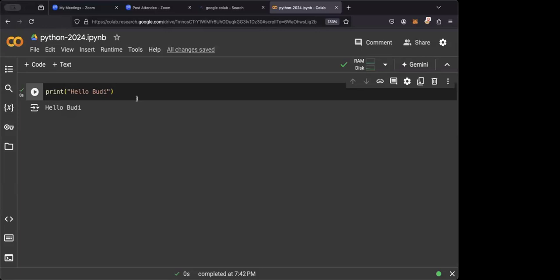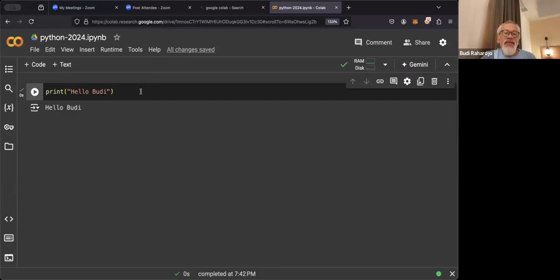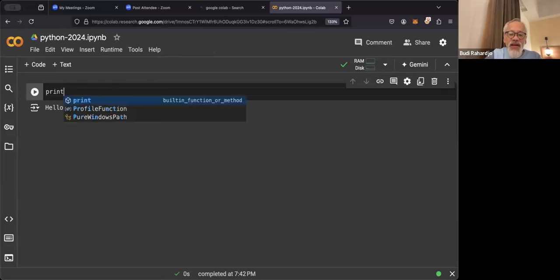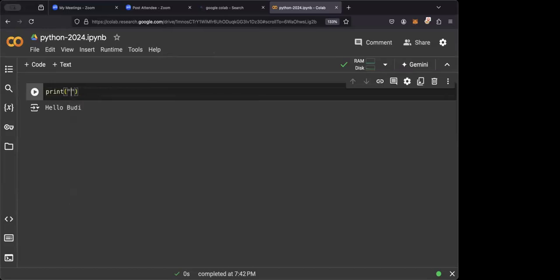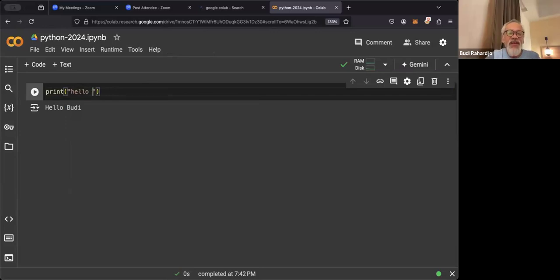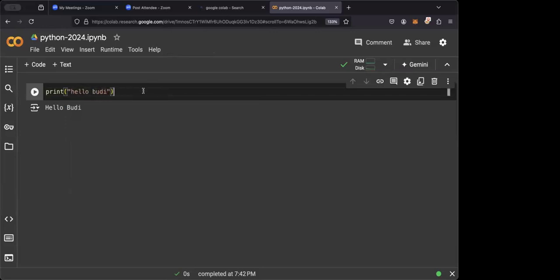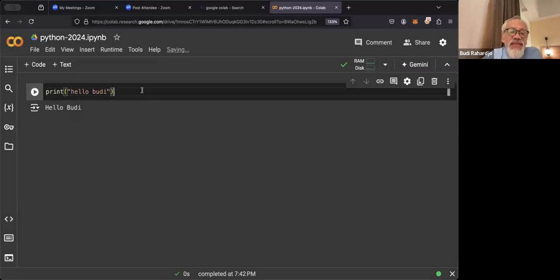But this one we must write down manually, like the brackets, it must be manual, right, sir? Yes, there is a little completion, but you still have to write it. If I start again, if I say print and then open the bracket, the second bracket is given by it. Hello, Budi. Okay, but still manually written, sir. Yeah, but later on it will build some sort of completion. Later we can choose, so we don't have to type everything, it's easier. There is completion as well.